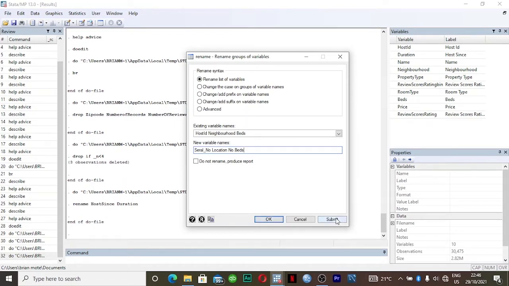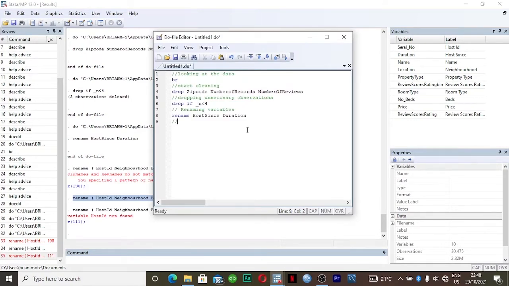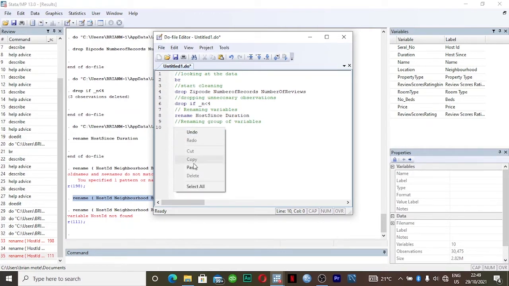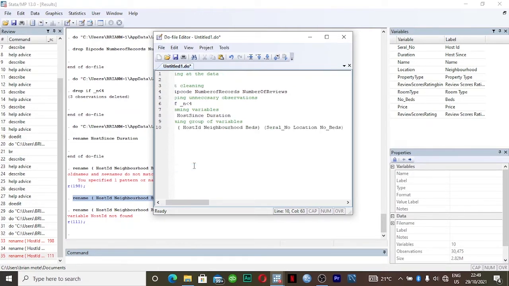I submit it first in your do file, since again it will be important in case you want to go back on something or reverse a step. So renaming group of variables, and here's the code to do that.